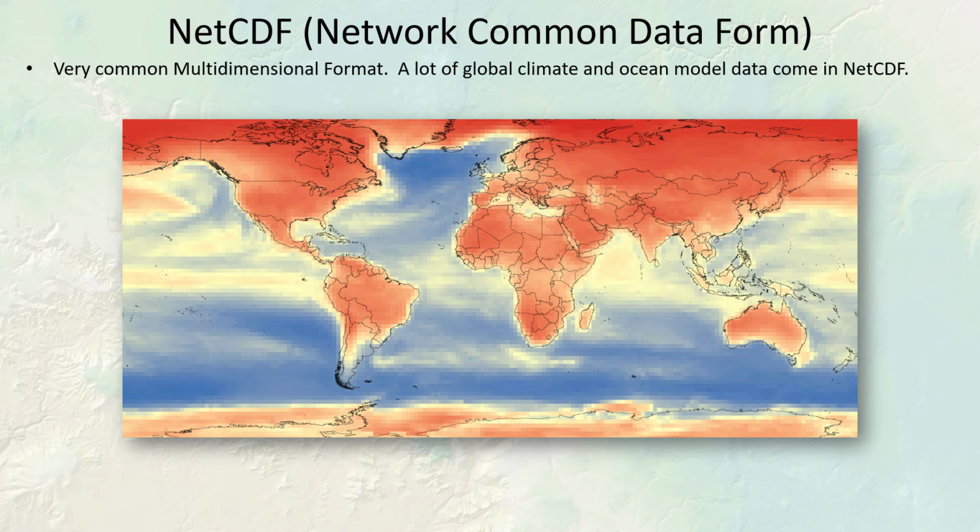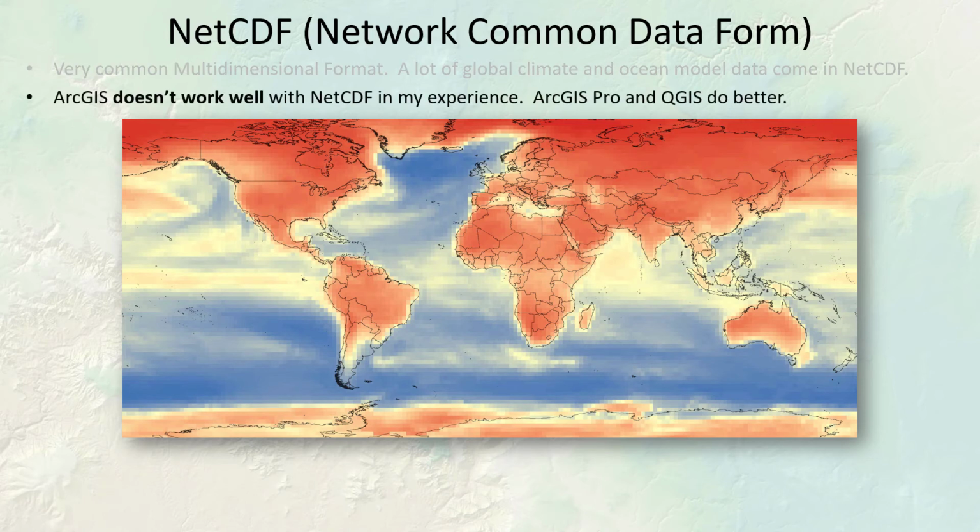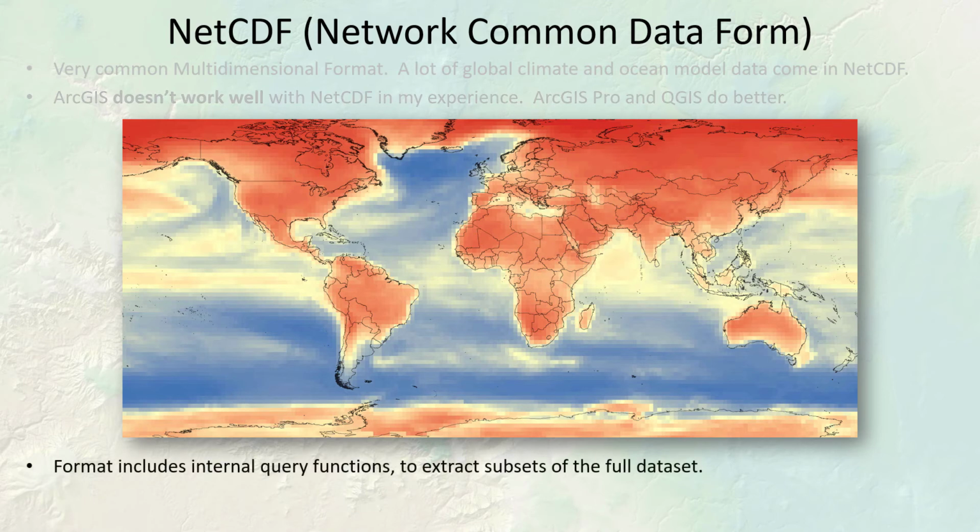Here's an example of a NetCDF. This is a common format, the Network Common Data Form. And I tell you, I've had endless grief making this work in ArcMap. It really doesn't work well. But it is interesting that the only times I've ever dealt with these raster-type data sets that didn't have square cells, it was in NetCDF. So these data sets can have pixels that are not square. They can be rectangular. The neat thing about NetCDF, though, is that the data format itself has functions embedded in it that allow you to query it in